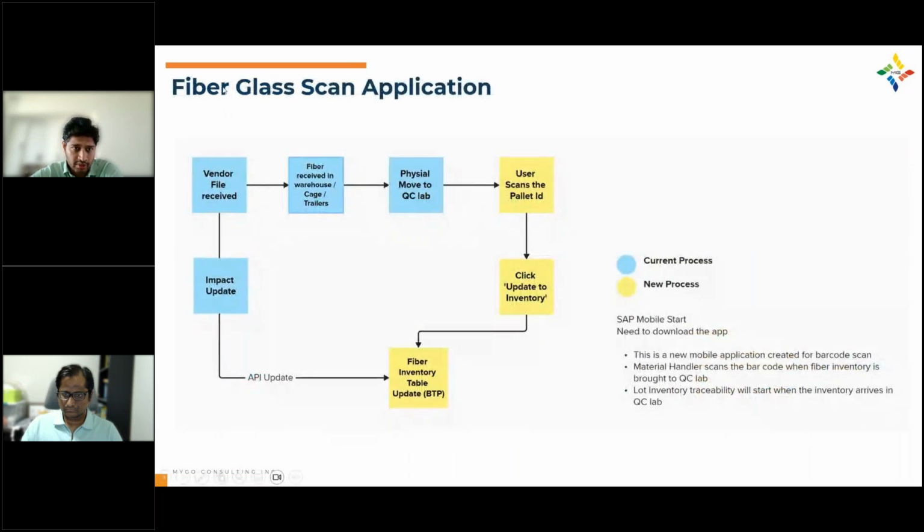So this is also one of the parts of the applications. There are essentially, as I told, 3 applications that we designed. In this one, the blue ones which you see are their existing process. They have their existing process where they receive the file. The raw material is sitting in their warehouses, cages or trailers, and then there's a physical move to their shop floor. So we have introduced this new process wherein we quickly generated a lightweight UI application wherein the user will